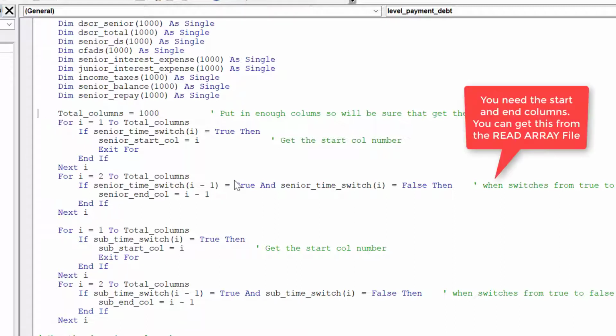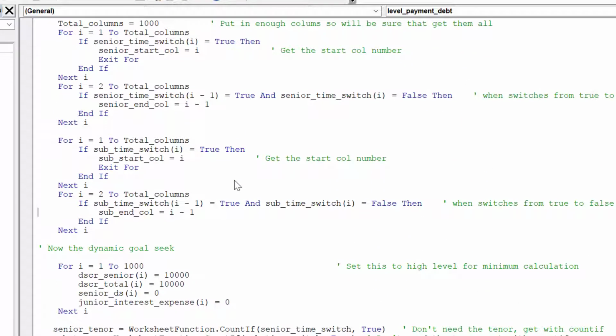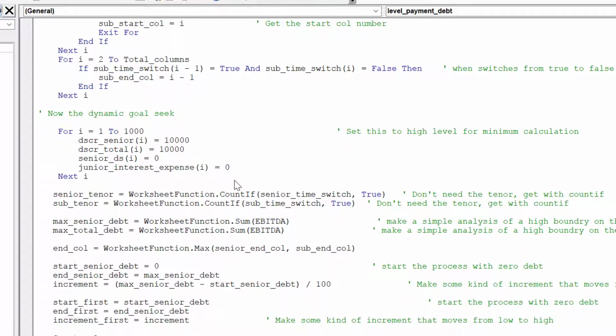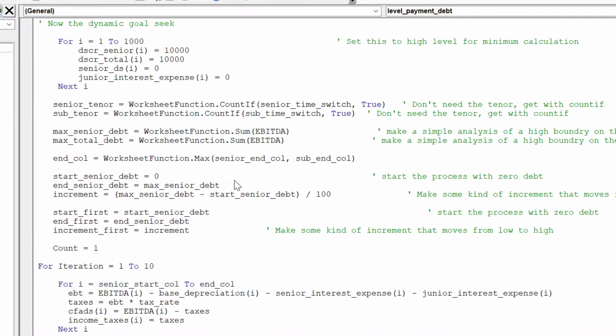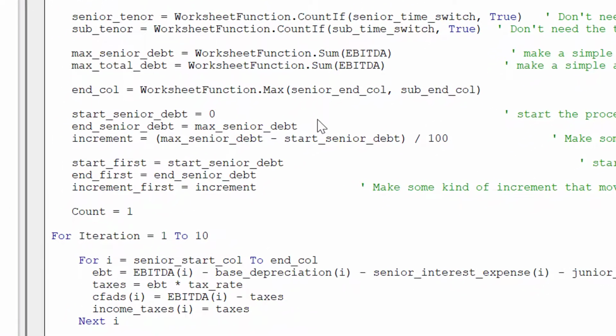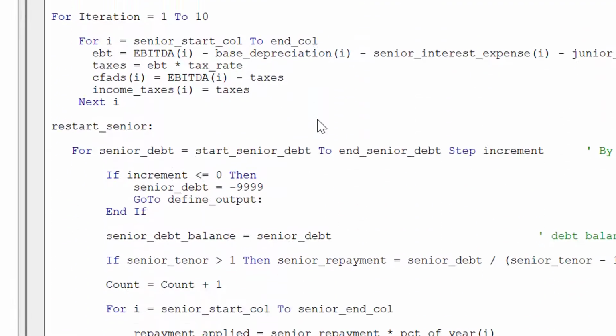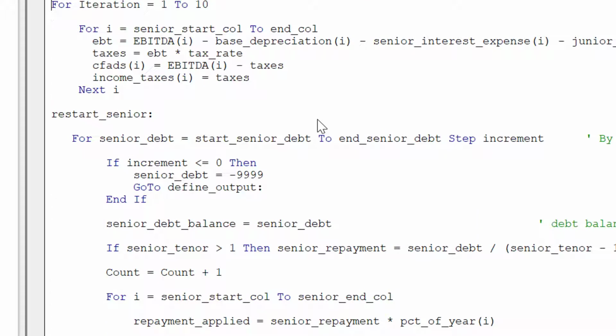this allows you to select a whole row or a whole column. It's essential, and that's what I'm trying to put in a whole bunch of kind of templates that can help you out, hopefully. And then we put our starting points. We say, let's start at 0, and then go up to the maximum debt, and the maximum debt, let's just add up all the EBITDA and say that's a really big number. And then we make an iteration around the whole dynamic goal seek because the taxes,